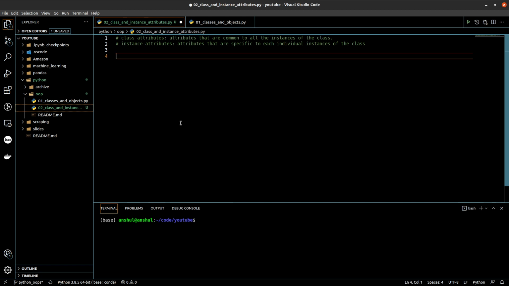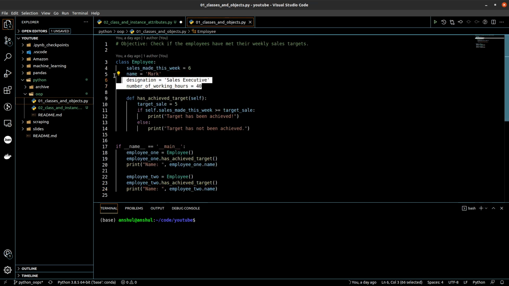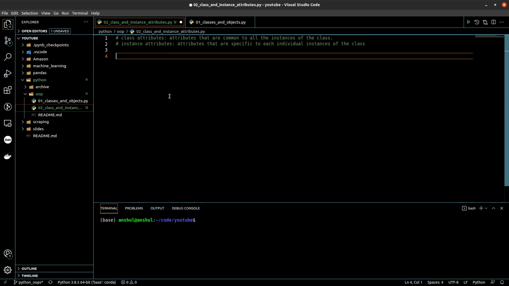Class attributes are the attributes that are common to all the instances of the class. So in the previous example, all these attributes that we see can be categorized as class attributes. While instance attributes are the attributes that are specific to each individual instance of the class.